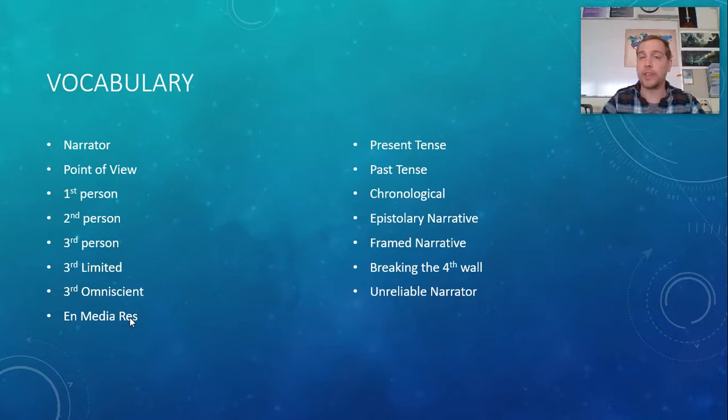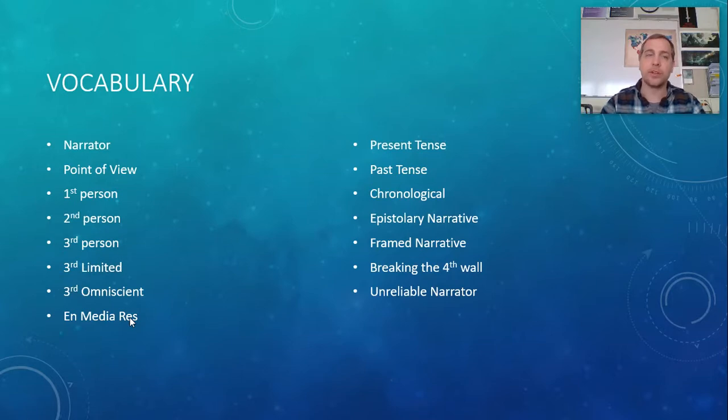You should be familiar with the difference between present and past tense and what it looks like when you're writing in it. You should know what a chronological narrative is versus an achronological one. An epistolary narrative, that's a series of recorded tapes or letters or documents or anything like that. A framed narrative, breaking the fourth wall, which you're very familiar with if you've ever seen Deadpool, and the unreliable